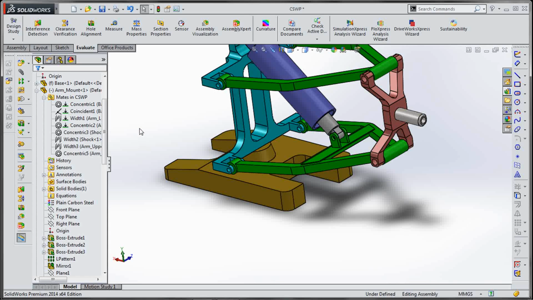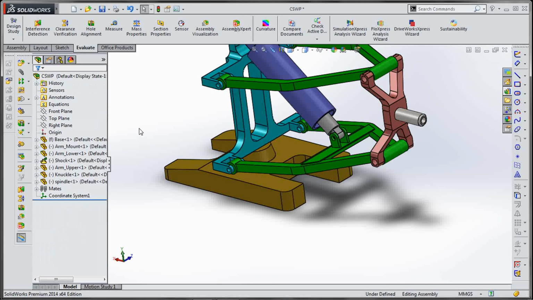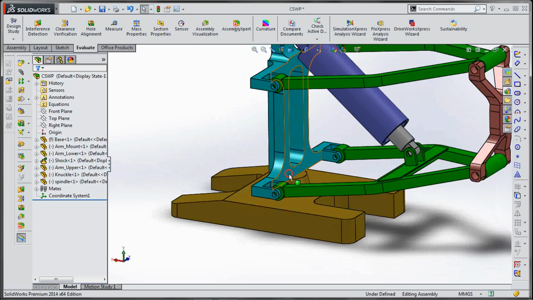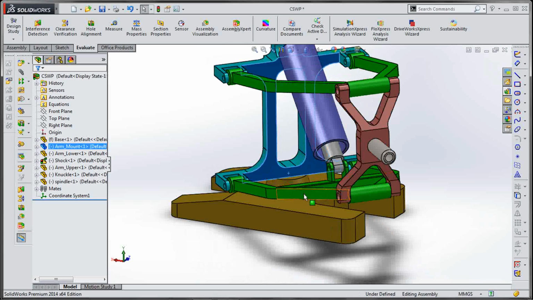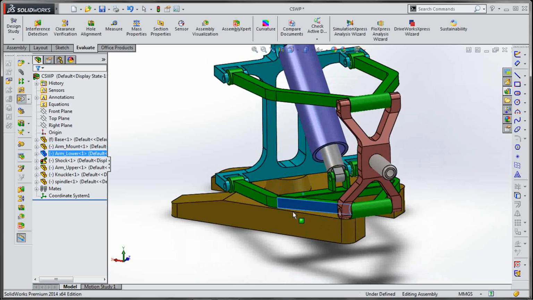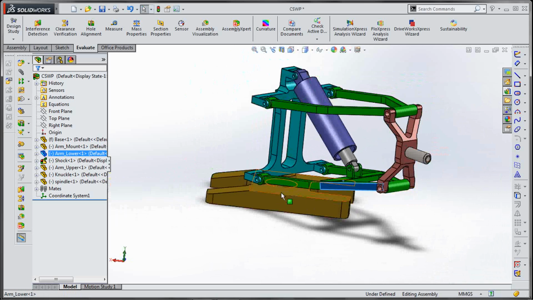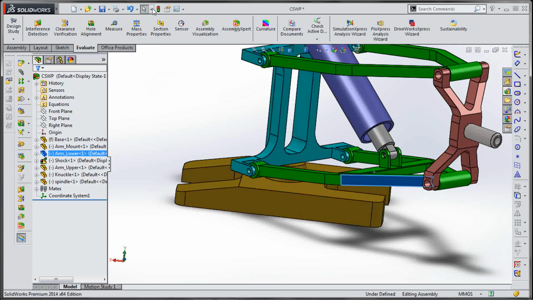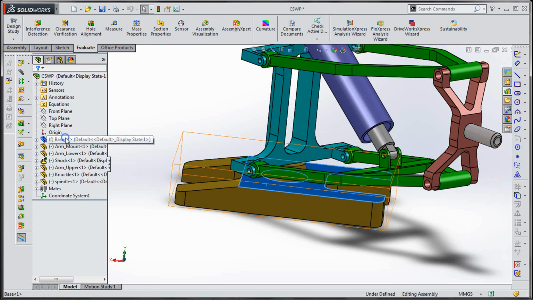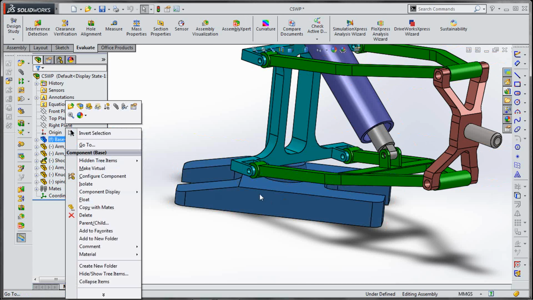Now press Shift C to collapse the feature tree, and now to see, yes, everything is fine. So just rebuild, and now we want to replace this component.